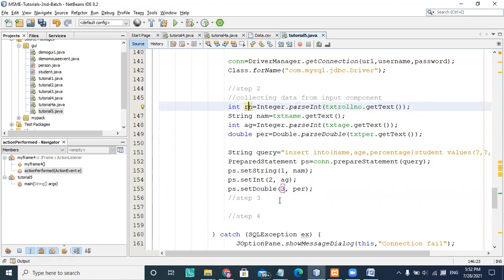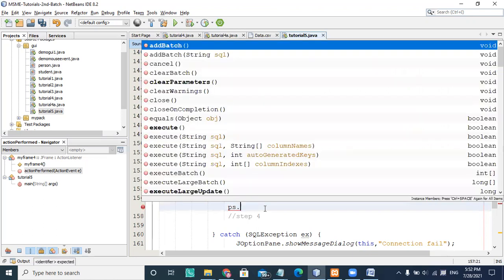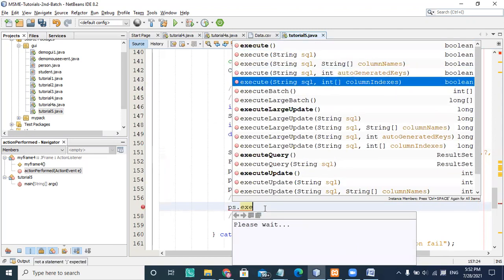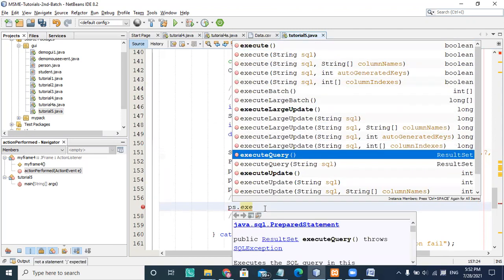Once the query gets executed, I have to execute my query. So there is step 4, and you can execute a query by using execute query, and it returns a result set. If you want to show the result set, you are allowed to collect that result set data here, but we are not generating any result.